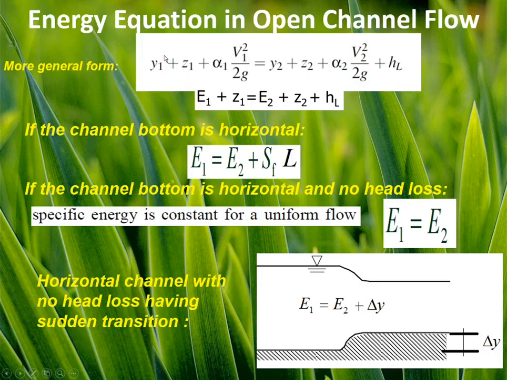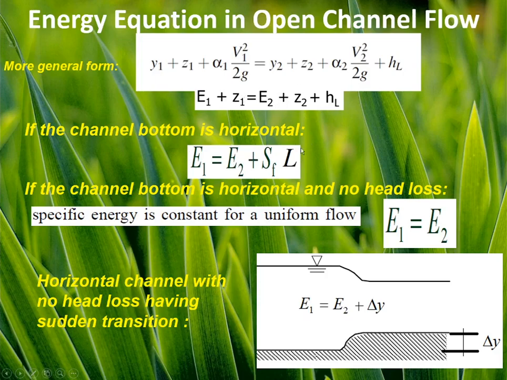What I did was only replace the y plus v square over 2g terms with E. Therefore, the general formulation of the energy equation in varied flow is E1 plus Z1 equals E2 plus Z2 plus hL. You know that when we remove the Z terms,